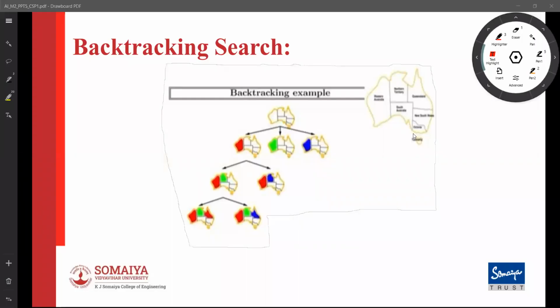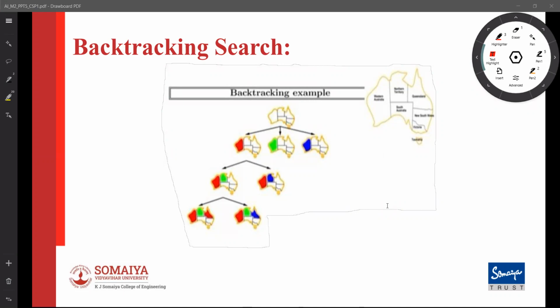Before we start with the backtracking search example, we'll do a kind of revision of what we have done so far. It is a very simple representation. Each state has a set of variables, and each variable xi has a value from a discrete domain Di. We have constraints, and a constraint can be written in some form of representation, such as inequality in the case of map coloring.